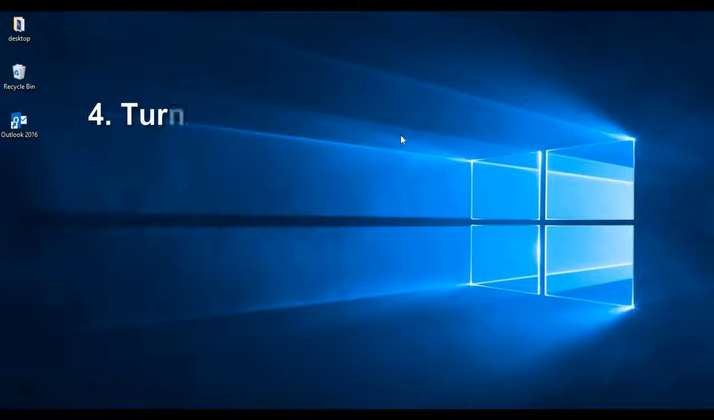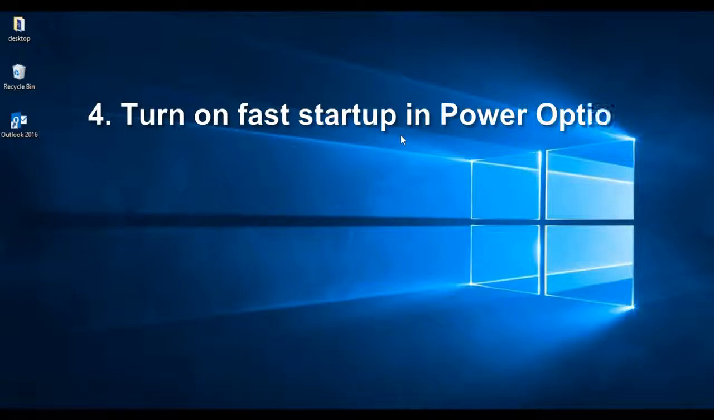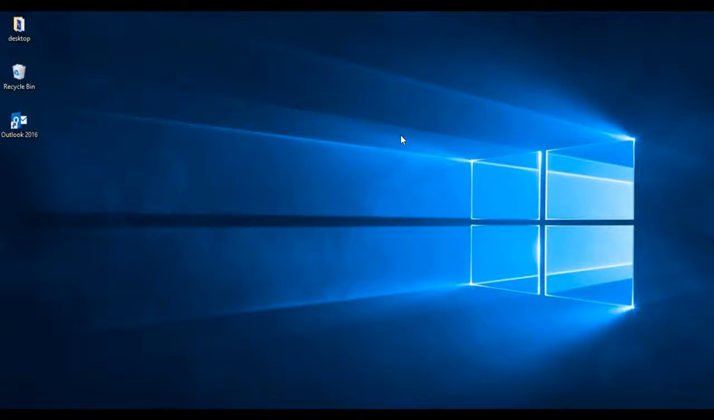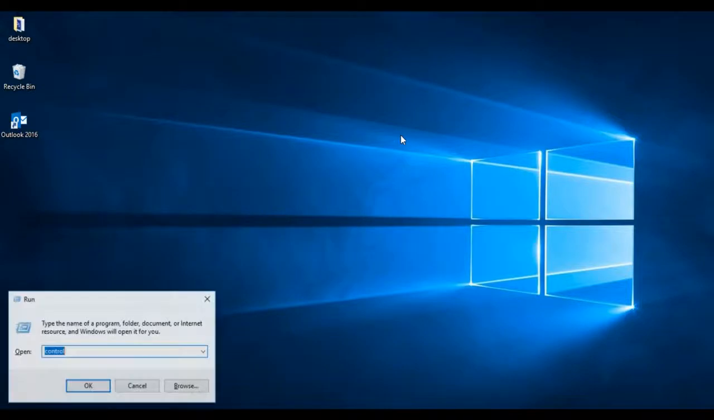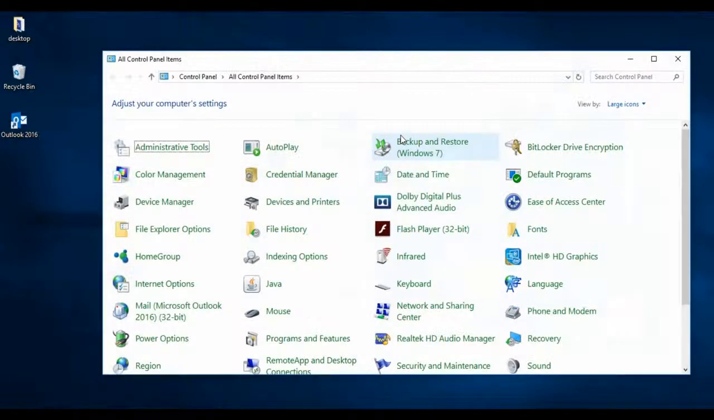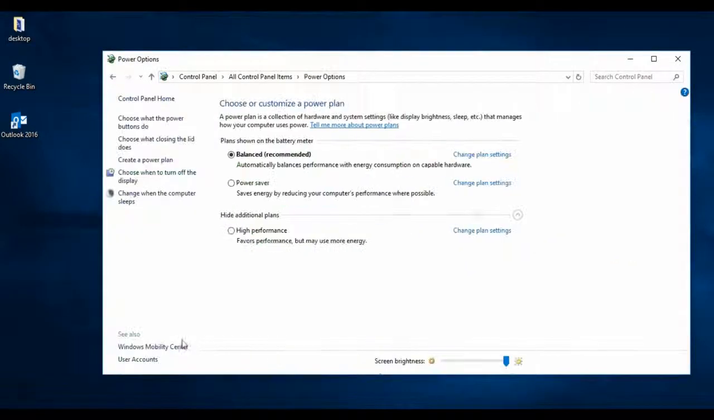So the fourth option to make your computer run faster is to turn on the fast startup in power option. So in the power option, there's also an option which gives you the opportunity to turn on your computer to make it run very faster. So to turn on that option, just go to the control panel, search for power options, and then choose what